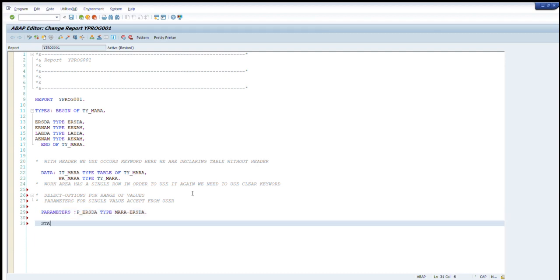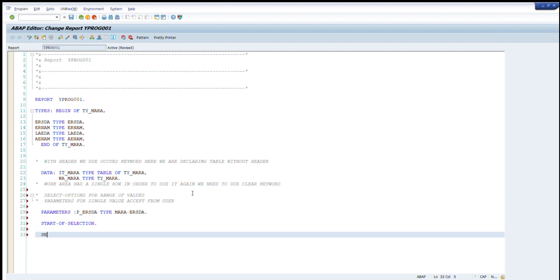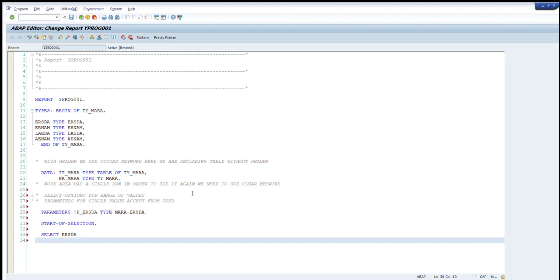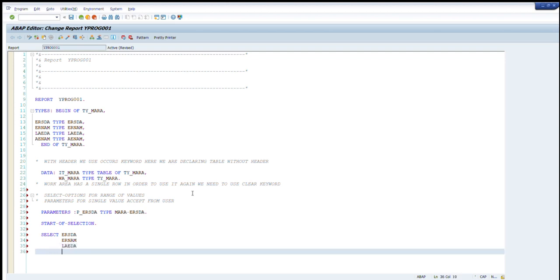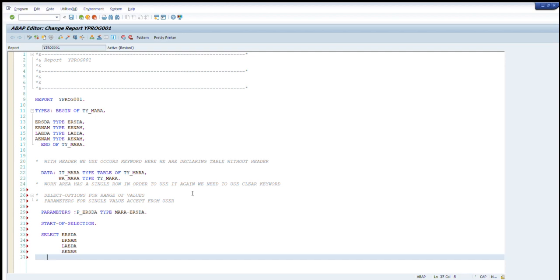Now start of selection. This we use whenever we use a select query. Select. If we don't use start of selection, then also we will see the case. Now select what all fields are there. ERSDA, enter. ERNAM, enter. LAEDA, enter. AENAM. From